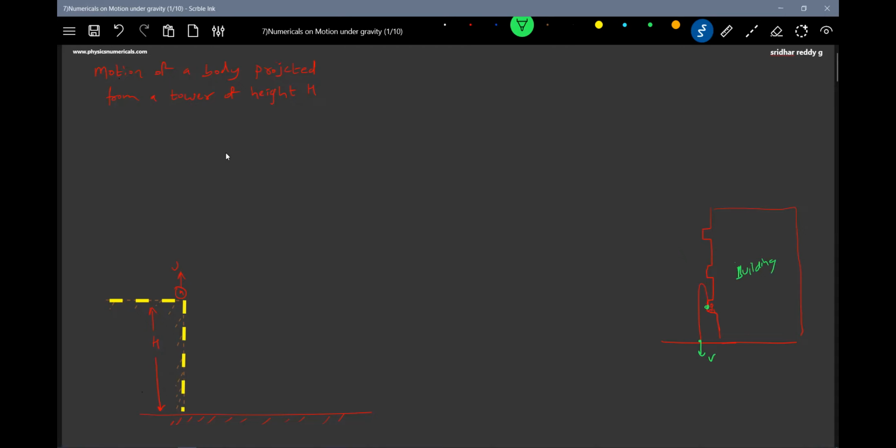What is the path of the ball? The ball will go, will ascend, then will descend, will come and finally strike the ground. With what speed will it strike? At t equals 0, I threw the ball. Then after a certain time t, it will come and strike the ground. We have to calculate this time of flight. What is the maximum height ascended? All the quantities. The ball is going to ascend, then it will descend, and finally it will strike the ground with a speed v.